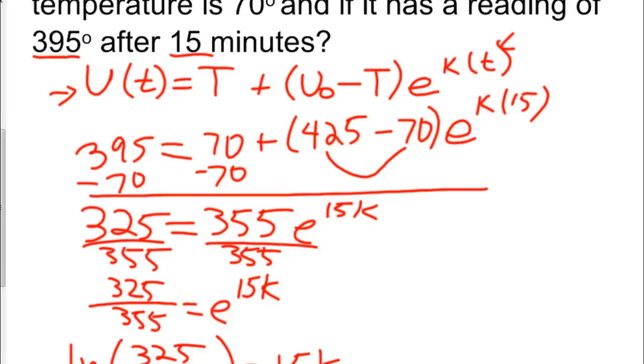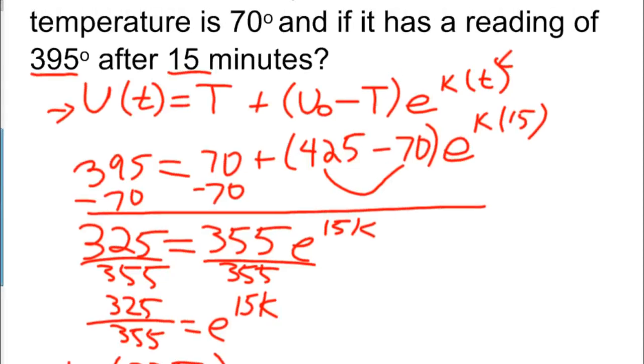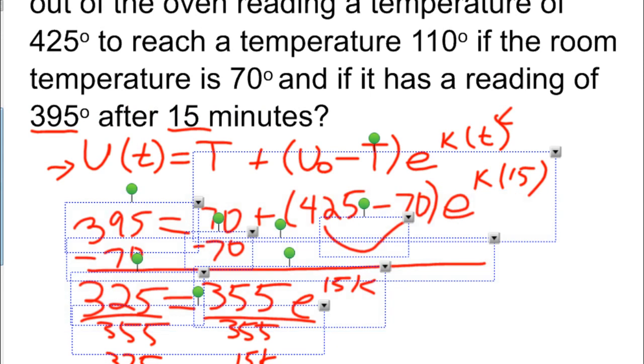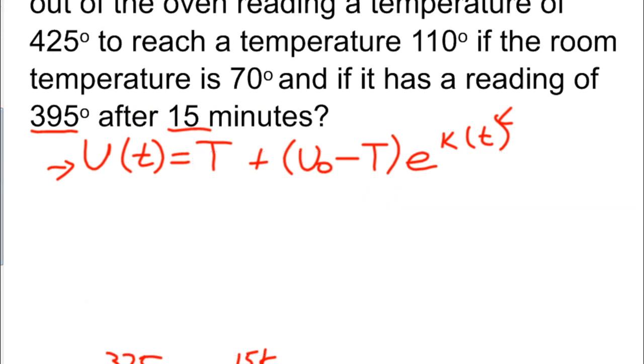So now that I know this constant, let's go ahead and try and find this new time that it takes to reach 110 degrees. So what do you think I should do, guys? You should solve. Okay, actually, let me come back in here real quick and erase all this, because we've already figured this stuff out, so we don't need this anymore. Right, so now, what will I do? I'm going to plug 110 in for the temperature over time, then 70 in here,